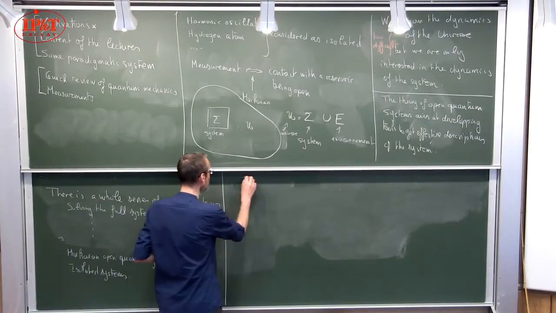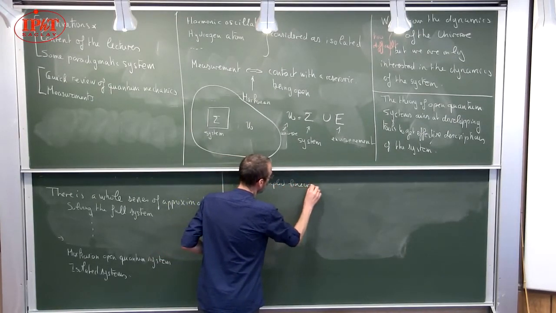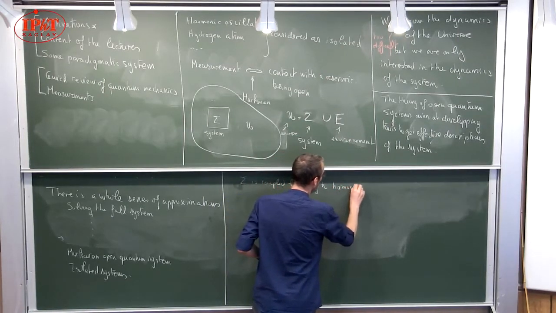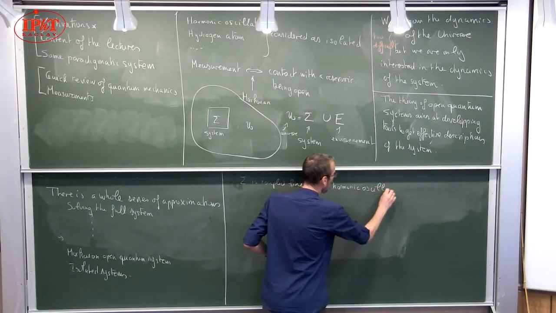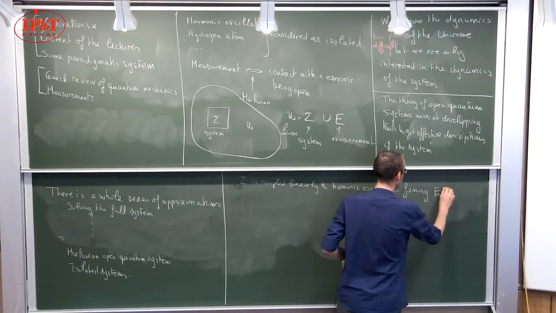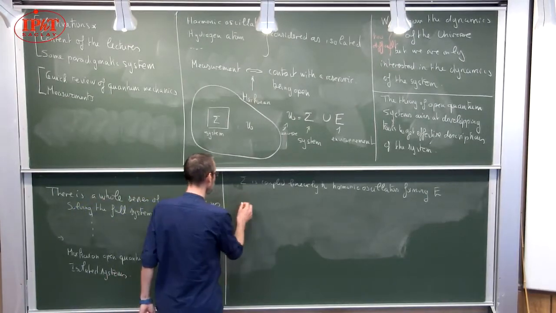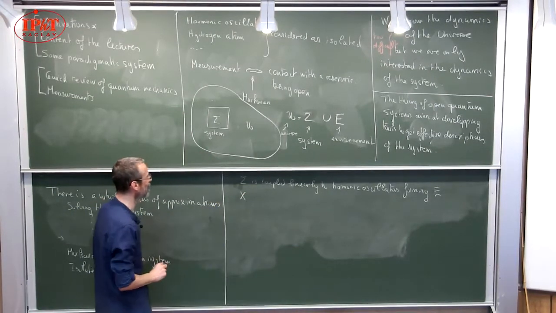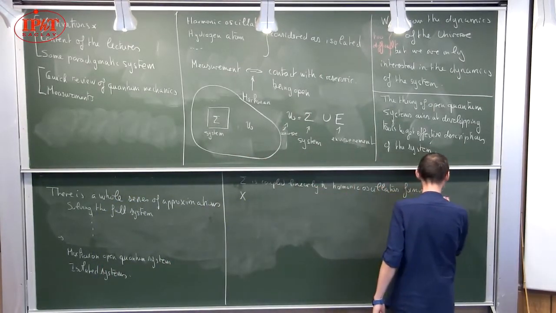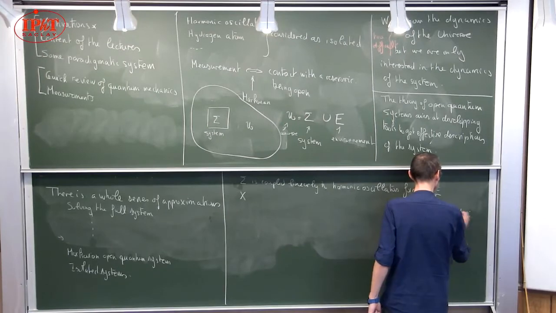So imagine that sigma is coupled linearly to harmonic oscillators, forming the environment. So if you think about it, what this means is that you have certain degrees of freedom. Let's say that x is the degree of freedom for the system you are interested in, and then these harmonic oscillators, they are the x alphas, and alpha goes from 1 to whatever.